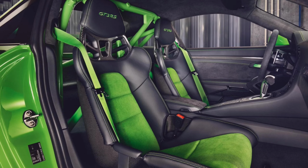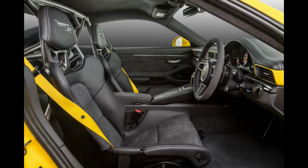Porsche offers the 911 GT3 RS with the Club Sport package at no extra cost. This package includes a handheld fire extinguisher, a steel rollover bar, and a 6-point seatbelt for the driver. I know I'm going to butcher this, but opting for the Weissach package comes at a cost but involves considerably